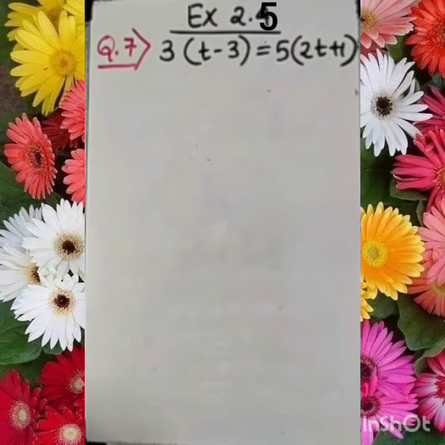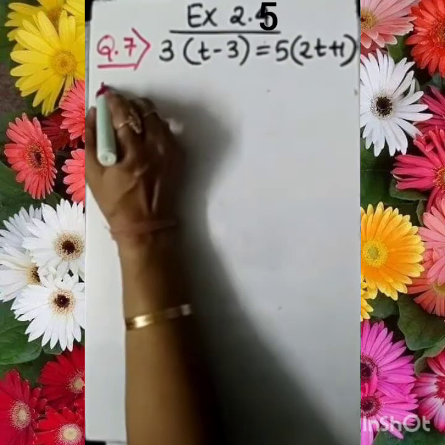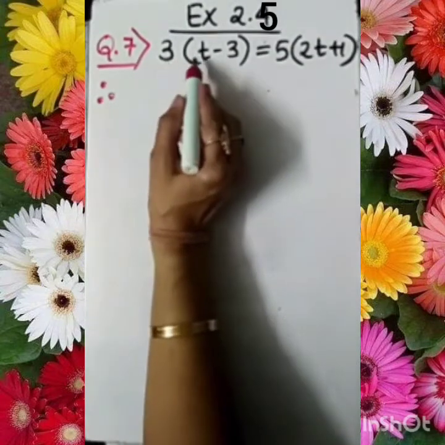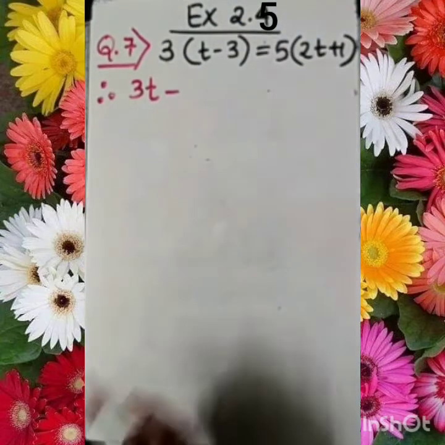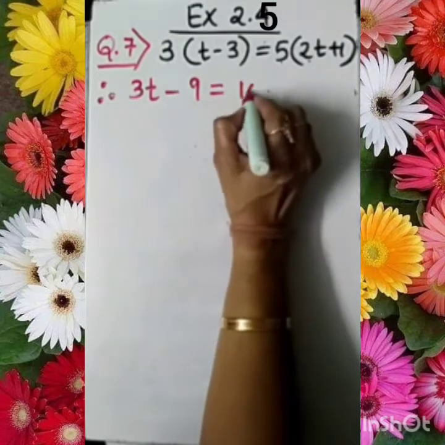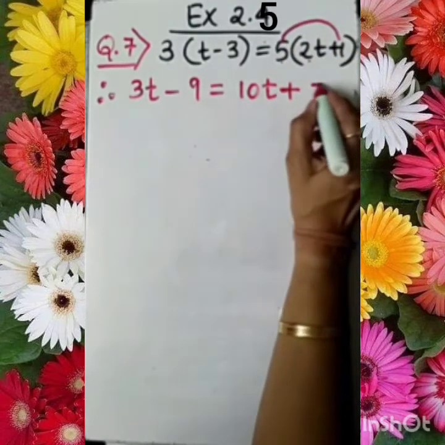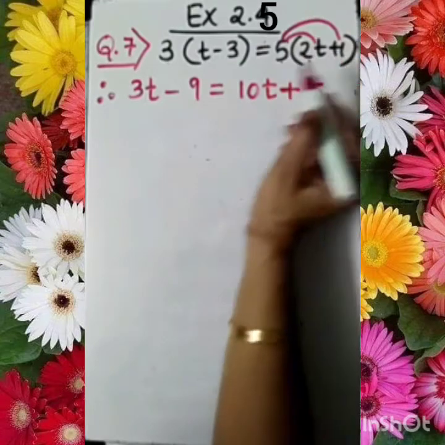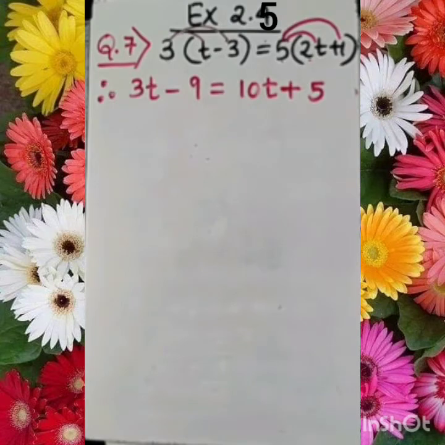So what we are going to do, dear student, let's work out upon this. So first of all, what I am going to do, just see here 3 into t. Therefore sign I am putting. 3 multiplied by t gives the result 3t. Agree? 3 threes are 9. 5 twos are 10, plus 5 into 1, that is 5. First we are multiplying with this term. Okay, you got it? So we will have this simple linear equation.